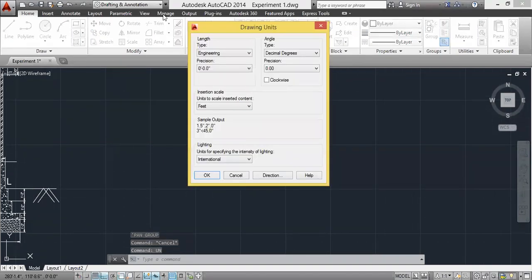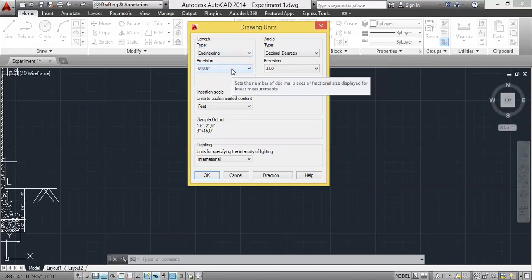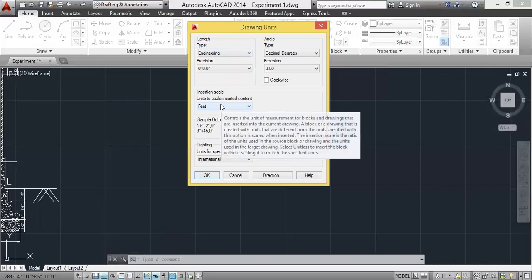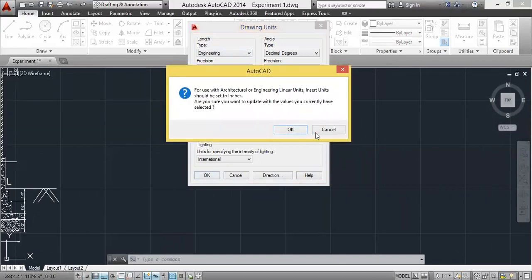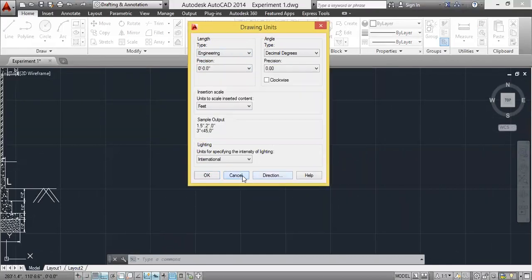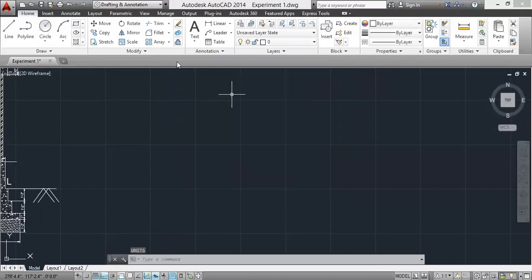Then you have to set the type as engineering, precision as 0 feet, 0.0 inch. Then units to scale inserted content as feet. Then click on OK. Here I have already set the units.